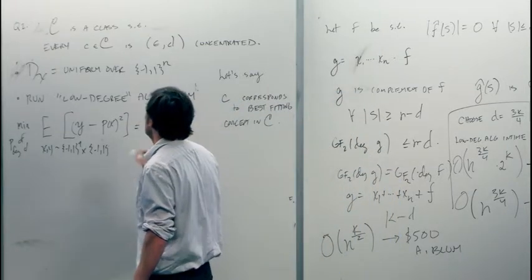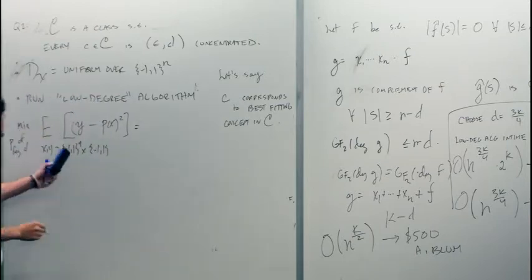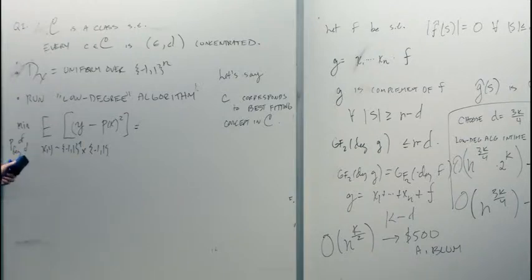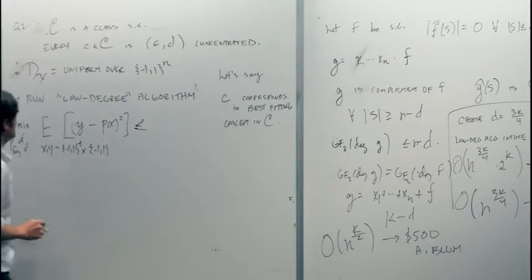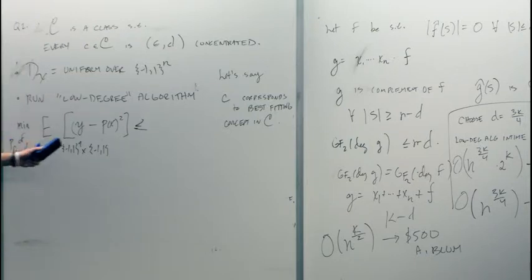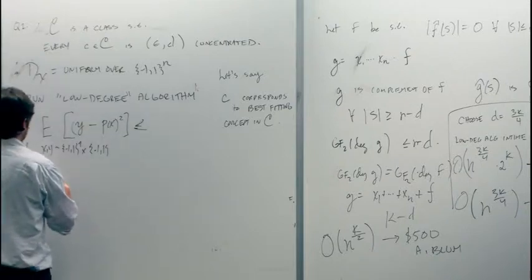Right. So this is going to be less than or equal to. Just to be concrete, I'm given a bunch of randomly labeled examples, and I'm going to run the low degree algorithm, and it will output some p of x. This is the best fitting polynomial in L2 that I can find given my sequence of random examples. Now this is going to be less than